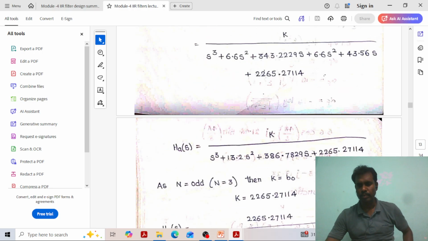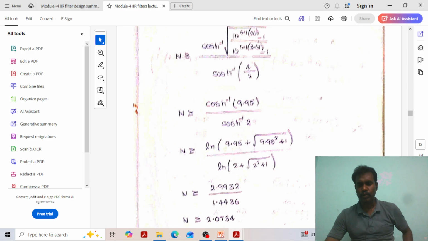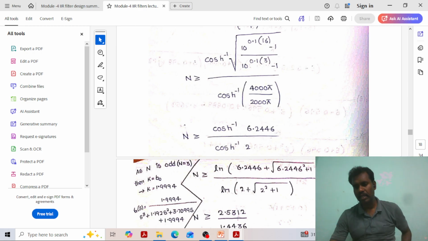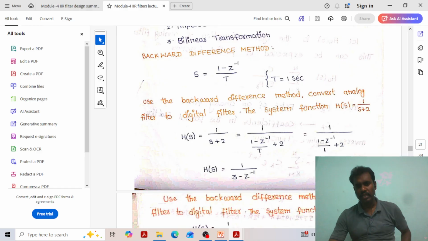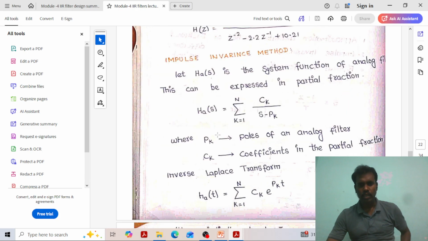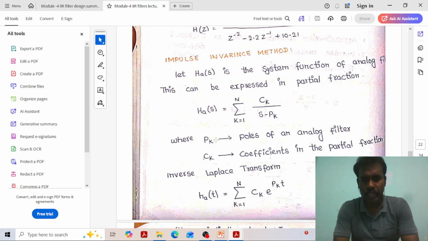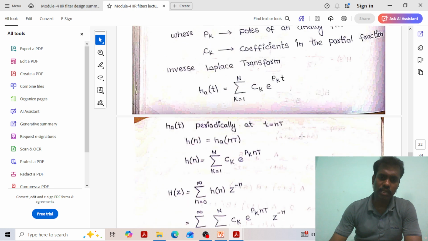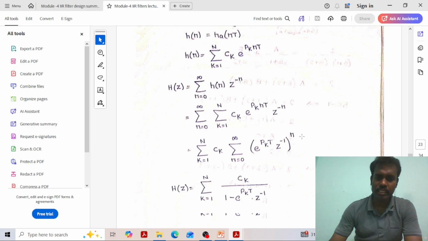We will complete it. First we have to find H(s) as a sum of subtransfer functions. The subtransfer functions are single-order transfer functions, so H(s) is represented as a sum of c_k by (s minus p_k). So in the impulse invariance method, if you express it as a sum of single-order subtransfer functions, this can be directly converted